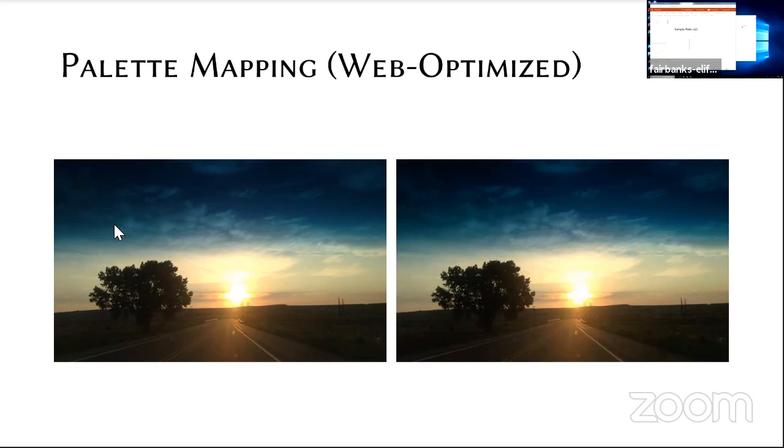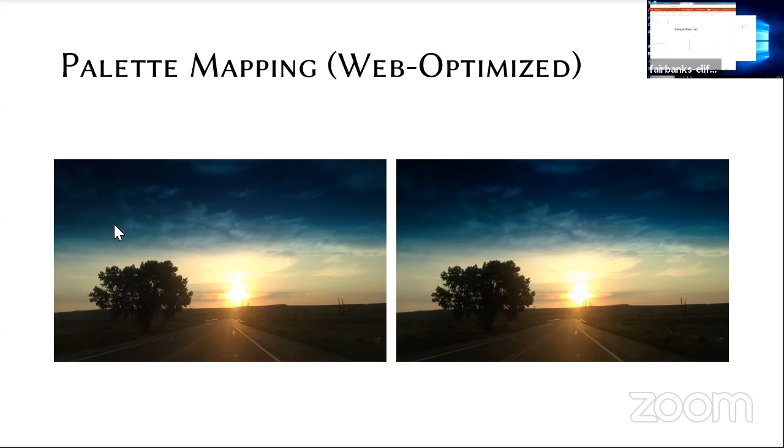And then this is using a web optimized palette. So there are some palettes out there that are deliberate choices of, we're going to have these colors represented, and that way it can display on devices that don't have a lot of color. Okay, so you can use dithering as a way of, and the image on the left is the full image. The image on the right is the